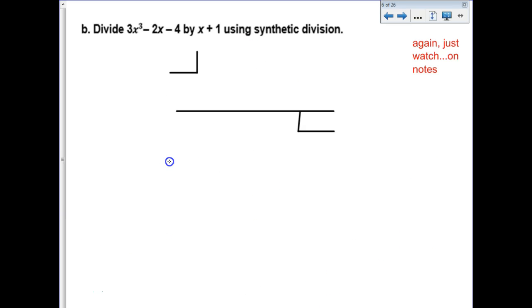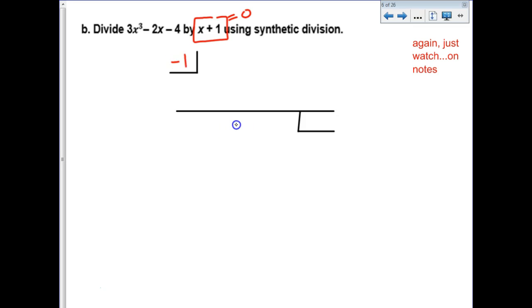Let's back up a little bit and remind ourselves how to do synthetic division. You guys like synthetic division a lot more than long division. Synthetic meaning fake. So this is one you're just going to watch for a minute. Synthetic division is you set up fake division, which means there's actually no division in it whatsoever. You take the solution to the divisor. So if you were to solve that divisor, you'd get a -1, and that's what you place inside of that